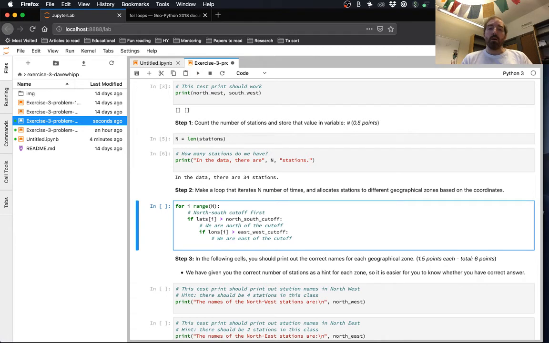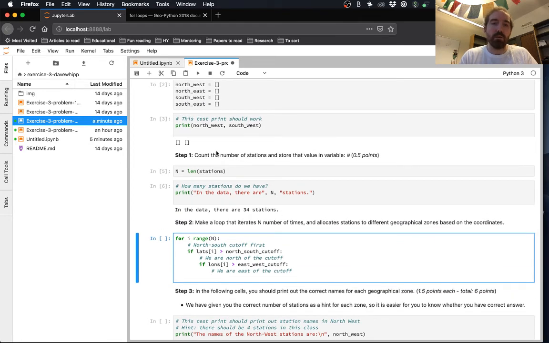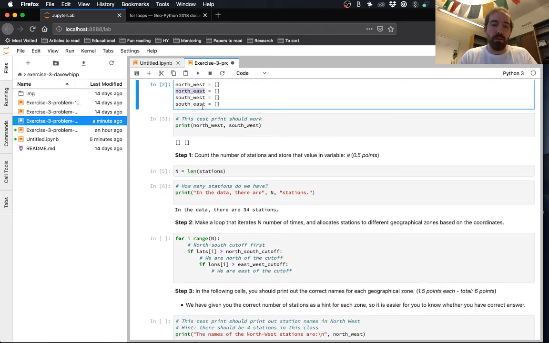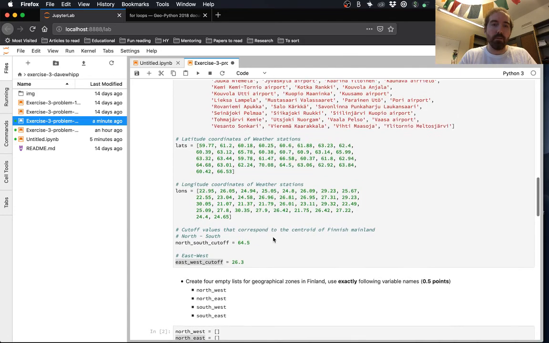Once we know that we are north and we know that we are east, then for this point, we should append whatever the name of this station is to our northeast list. So we have our northeast list here, and we can append to that, what is it called?